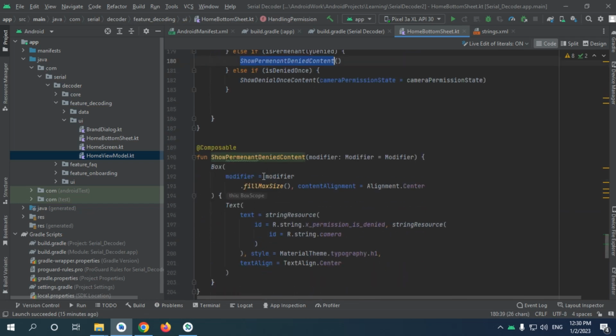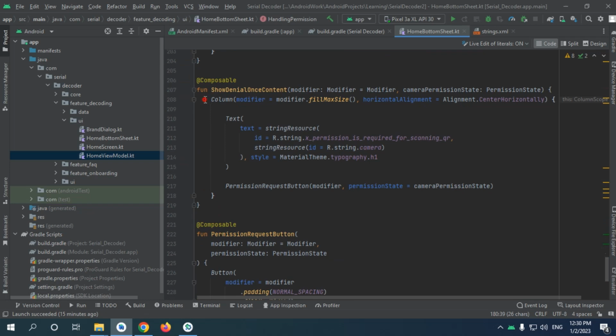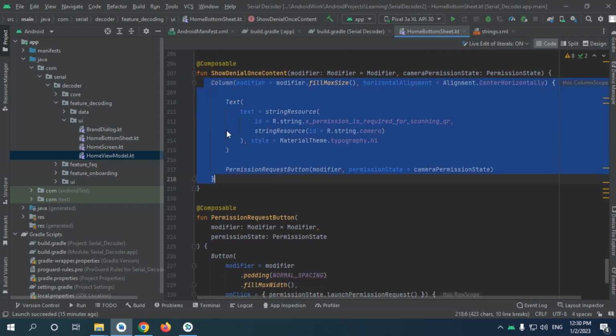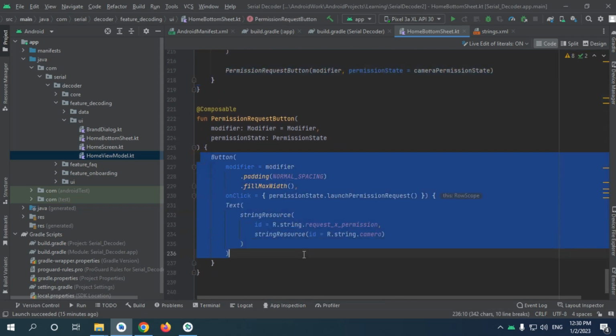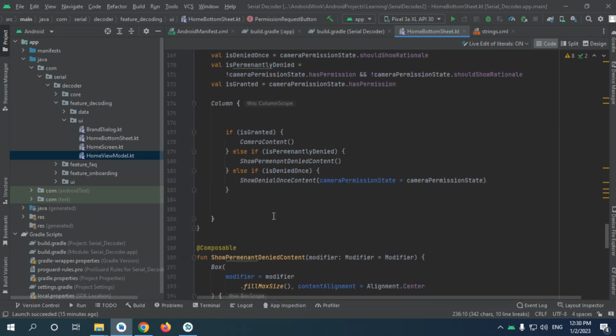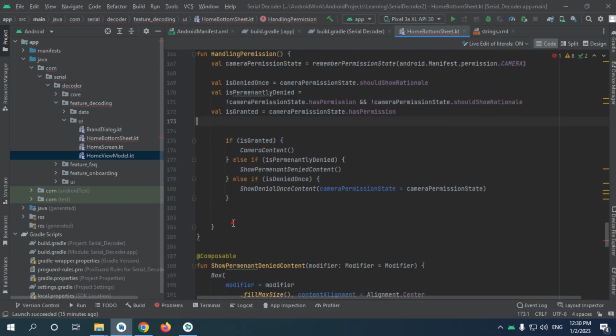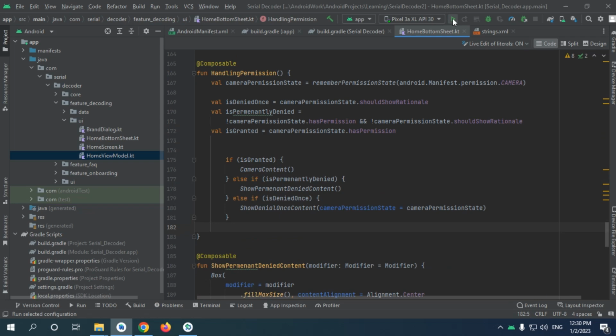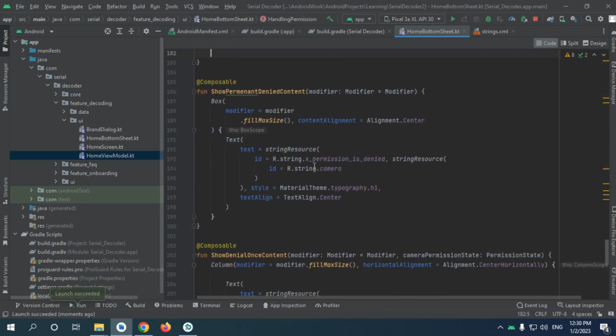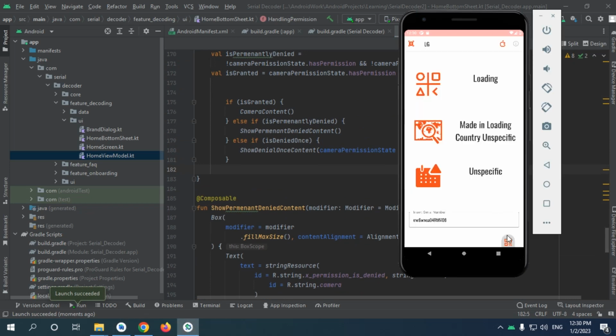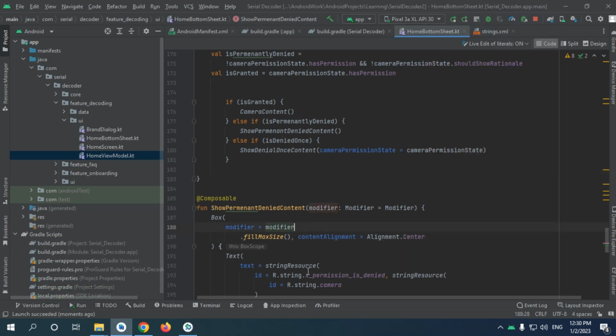And now if it's gonna deny permanently, we're gonna show this one. If it's denied single time, it's gonna be visible as this one, and this is permission request. And we remove this column because we don't need this column anymore. Let's run the app and see is our app working fine or not. Right, so we have the background is transparent, so we have this problem. Now we need to give a background